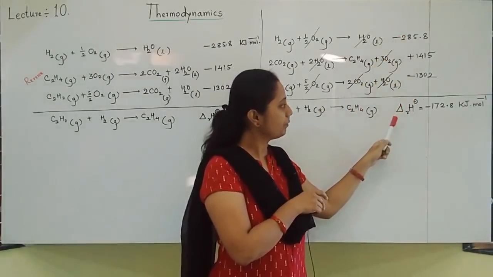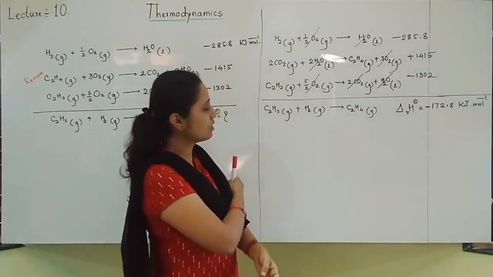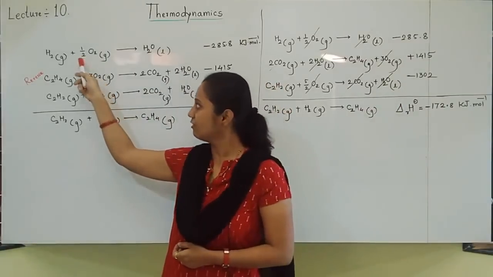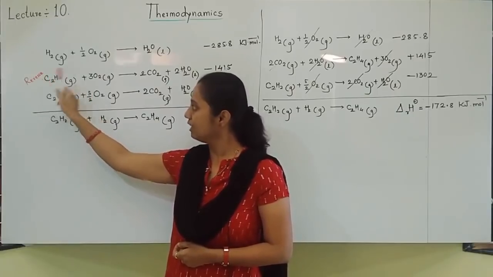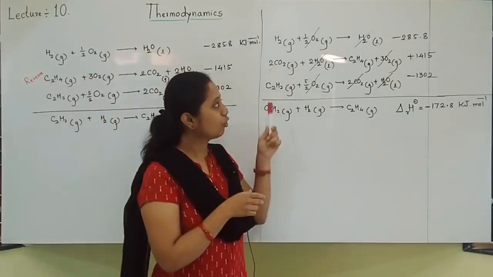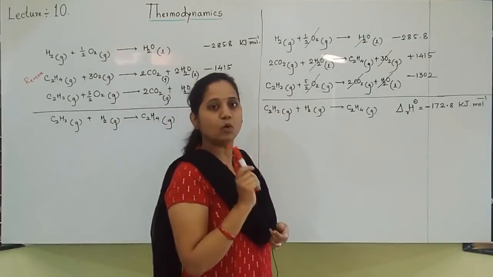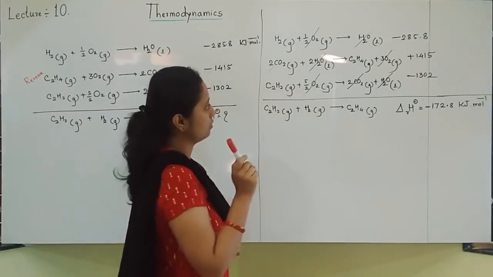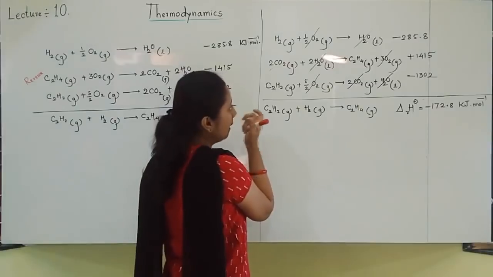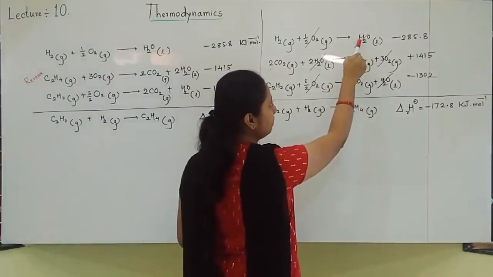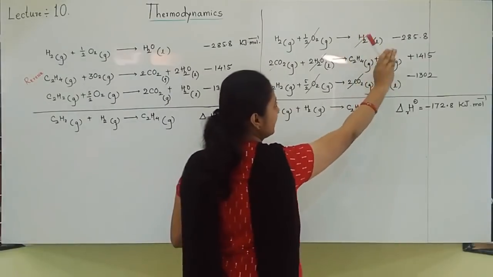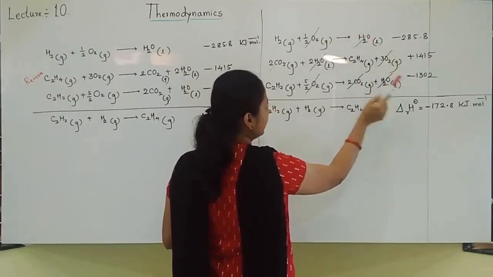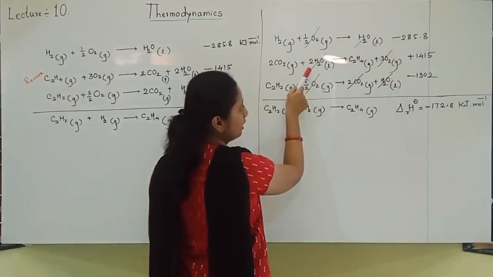Do the things. Okay, equations write down once again. First equation as it is, third equation as it is, middle equation or second equation you should reverse and write. Common things cancel out. Now while cancelling out the common things, students, here see that water, one water is up, one is down, but total waters are 2 on the right side. 2 waters are there, that cancel for 2 waters on left side.